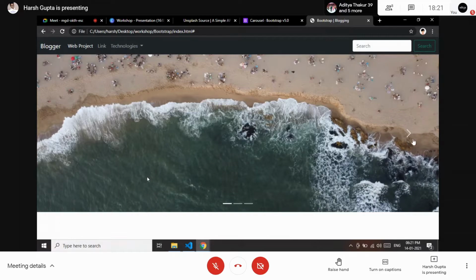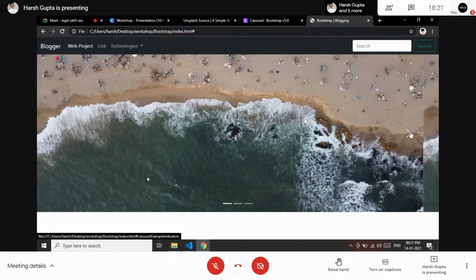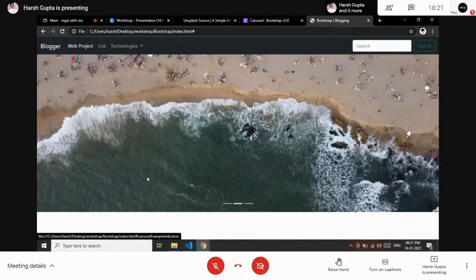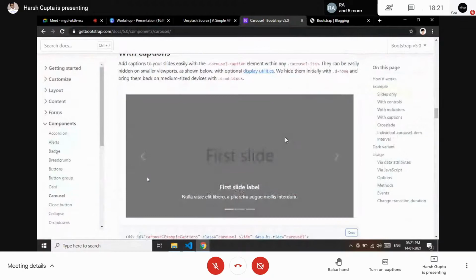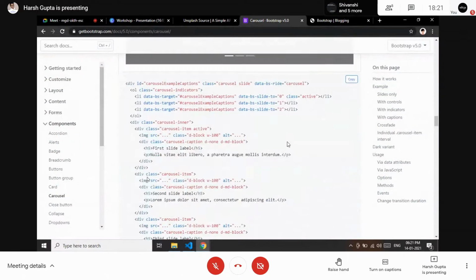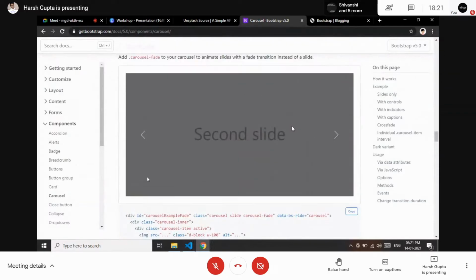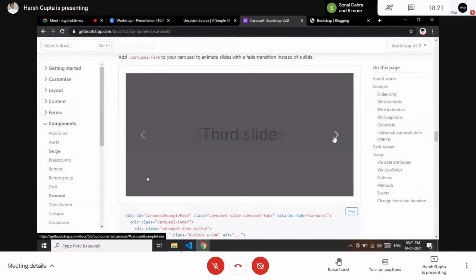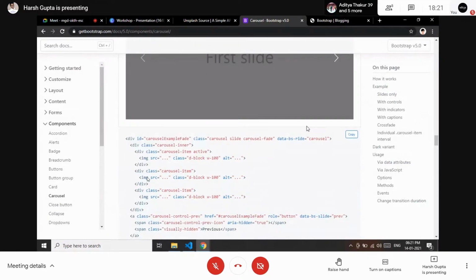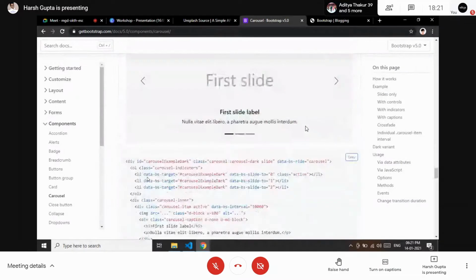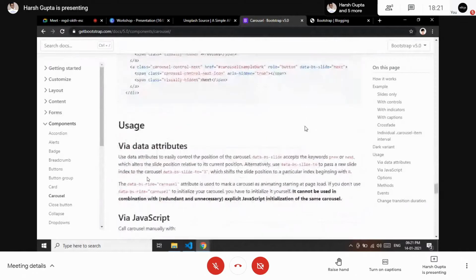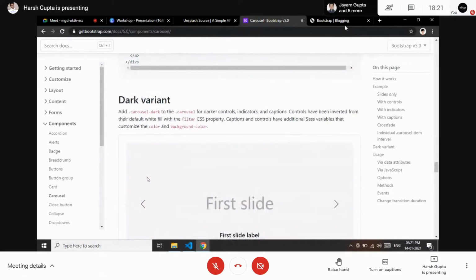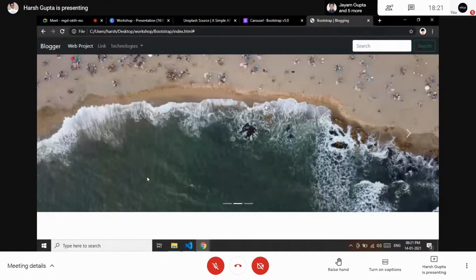If I click on the right side, you can see my mouse hovering over the right side. If I click this, it moves from right to left. So this is how our carousel works. We have many types of carousels here. If you want to show content over there, it has that too. It also has a fade feature, just observe here from the second, then third, and then first. It has many features as well. You can explore them and see what more features are required to look good for your website.